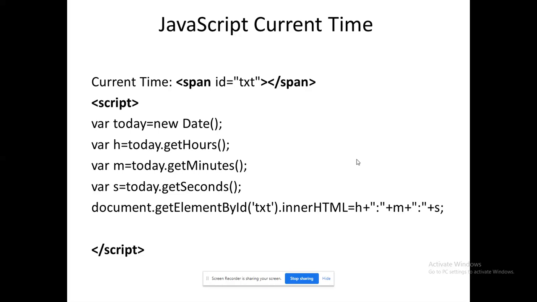Hours, minutes, seconds are retrieved by the functions getHours, getMinutes, getSeconds. All those are combined, and the corresponding DOM method will access them, working with the innerHTML identifier, and the value will be displayed as the current time in the format of hours, minutes, seconds.